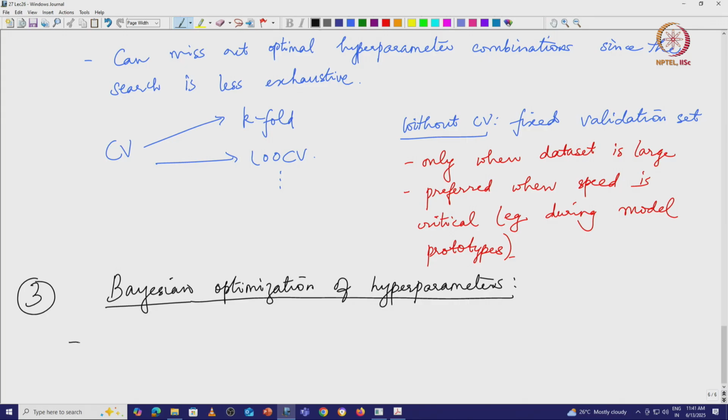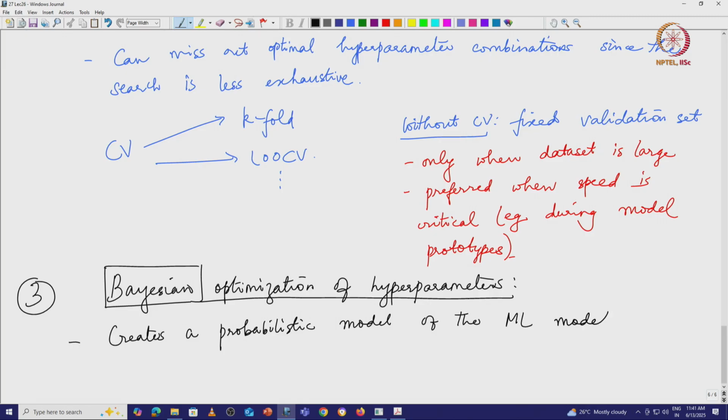What you do instead is you try to exploit the Bayesian approach to probability and statistics to create a probabilistic model of the ML model's cross validation score,